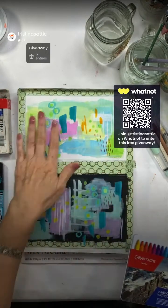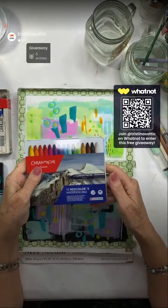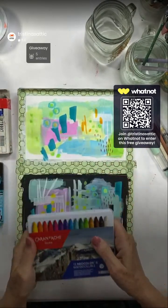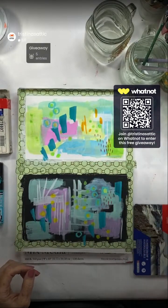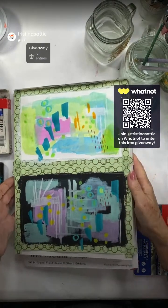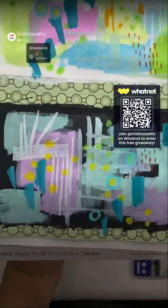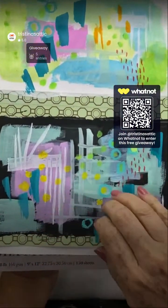Oh, I love the way these turn out. I'm gonna have so much fun finishing these, and then these will be available for sale next week at next week's show. Oh my gosh, they are so cool. I think right now this is my favorite of the two, but you never know what magic I'll work on